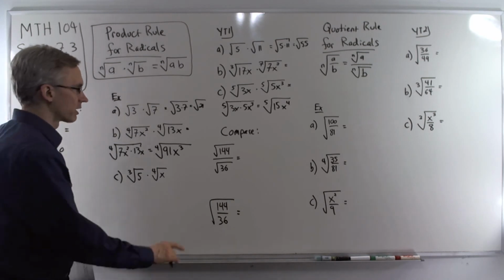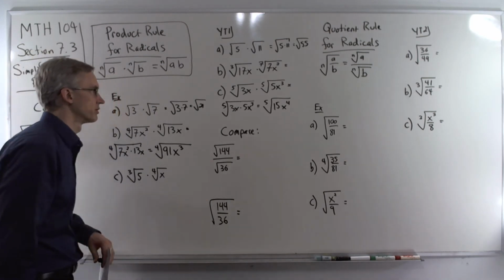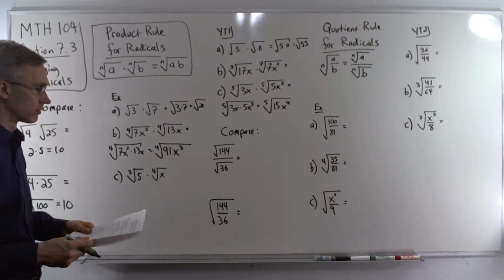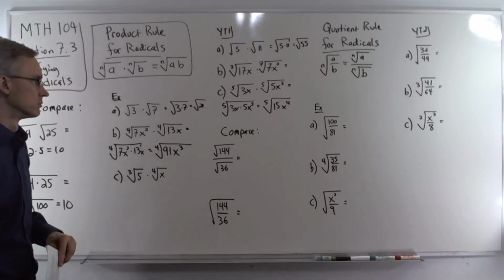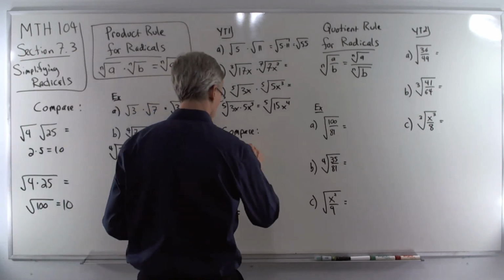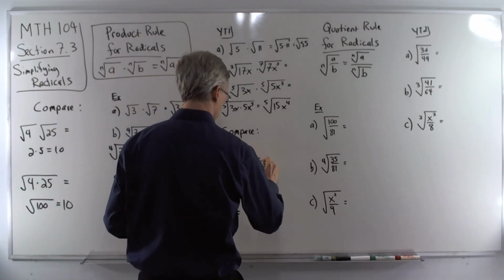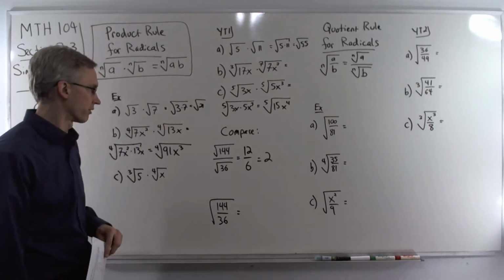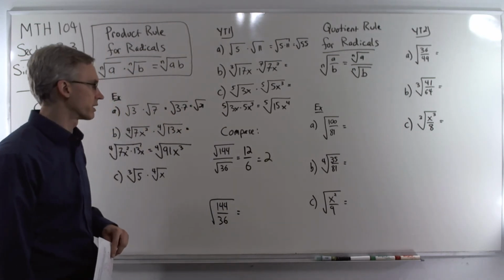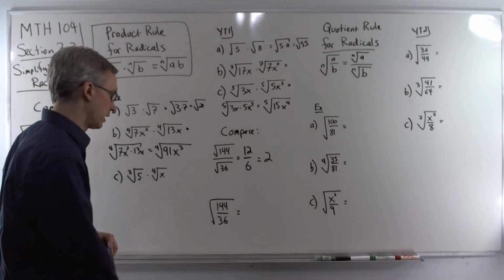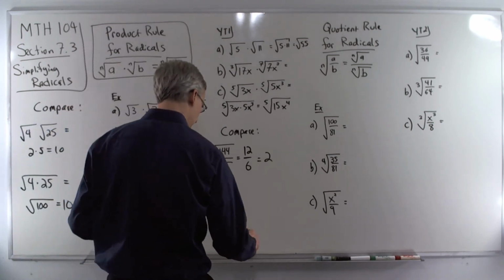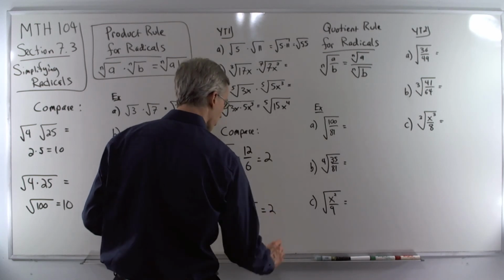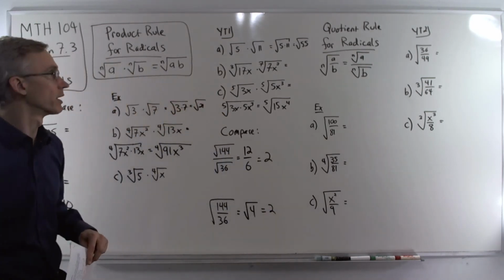All right, next up, I'd like to compare the results of evaluating those two expressions. Square root of 144 is 12. Square root of 36 is 6. Then we can divide to get 2. Now here, 144 divided by 36 is 4, so that turns into the square root of 4, which is 2. So same answer either way,